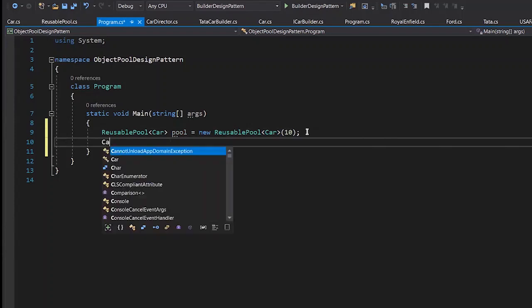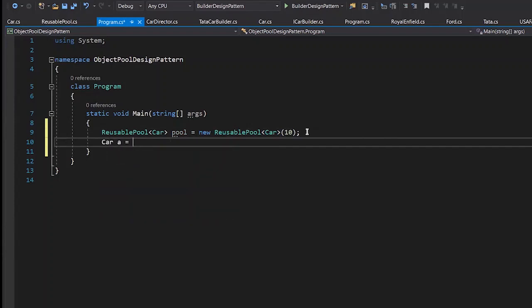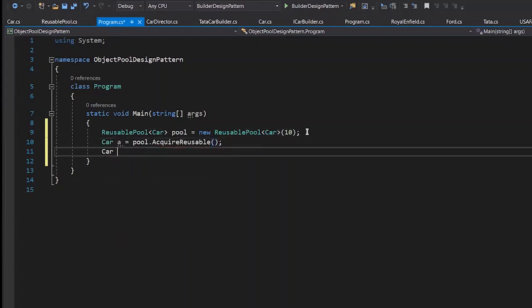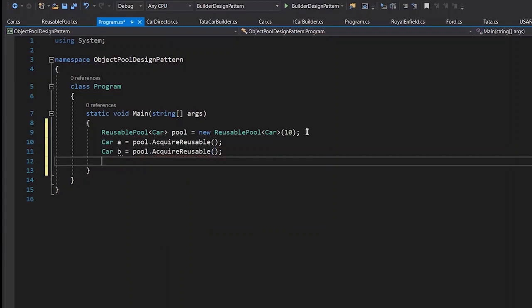Now let's say car A is equal to pool dot acquire reusable, and car B is equal to pool dot acquire reusable. This is the same step we use to instantiate one car.